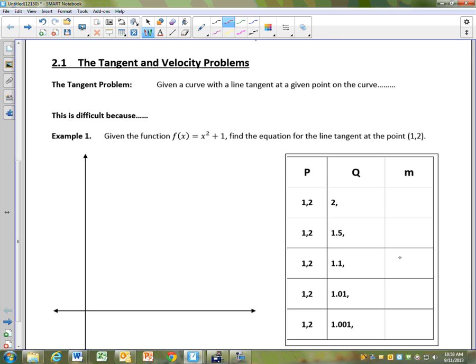And this is the problem. It says the tangent problem. Given a curve with a line tangent at a given point on the curve, so for example, let's say I draw a curve. Well, I'm drawing the curve x squared plus 1. Let's say that we have a point on it right there. It says given a curve with a line tangent